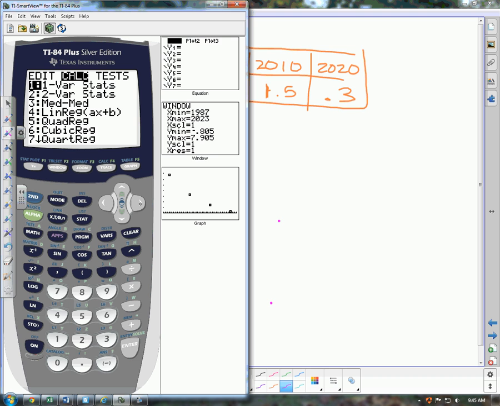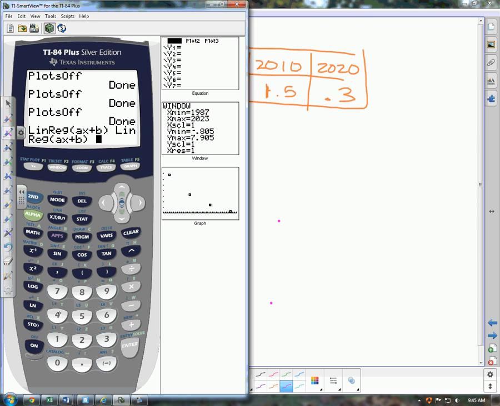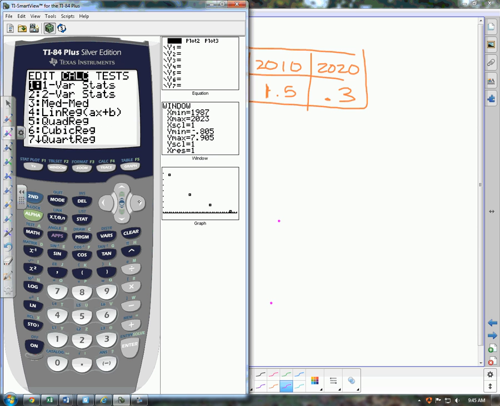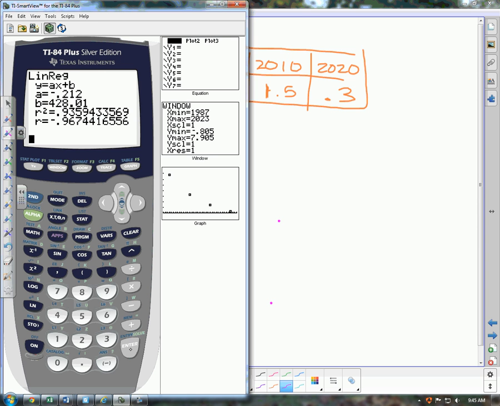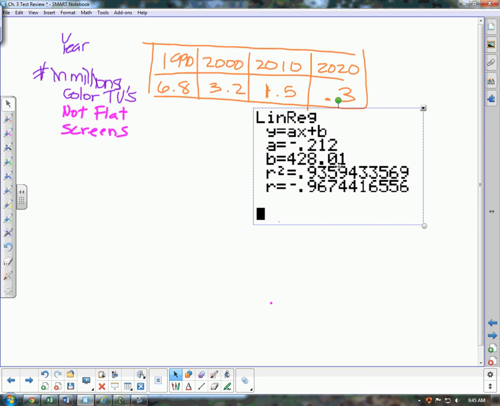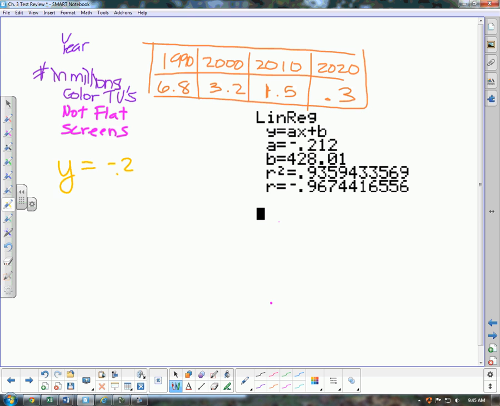Those of you with an older version of a TI, like I do, you have to go in and calculate it. It will give you this equation. And so then you can write your answer on your piece of paper. Your equation would be y equals negative 0.212x plus 428.01. And remember now this is the slope, which means every year the number of non-flat screen TVs goes down